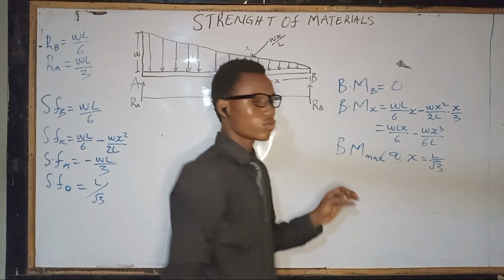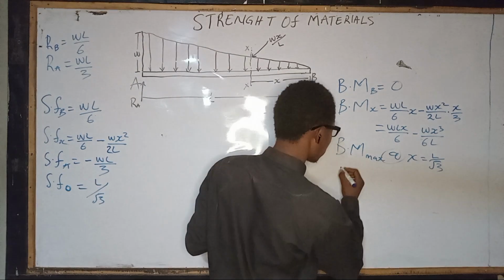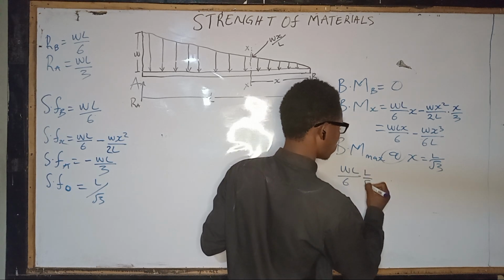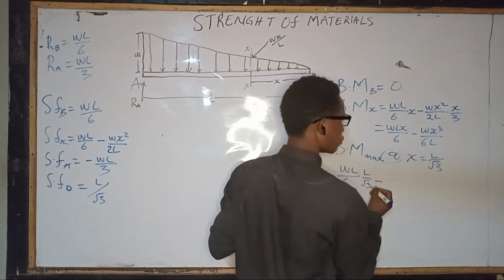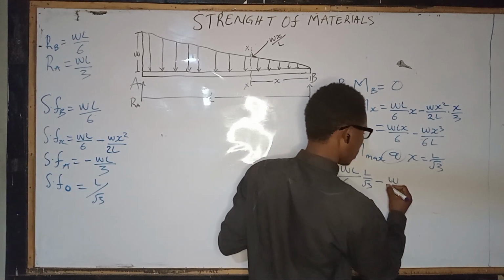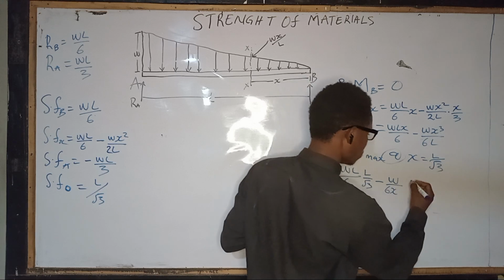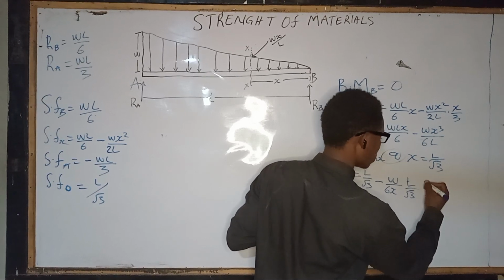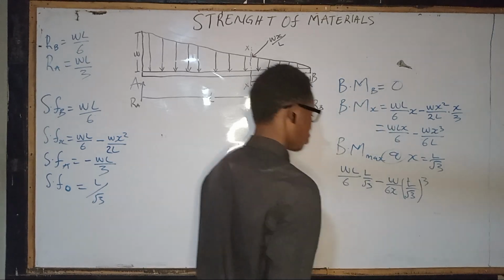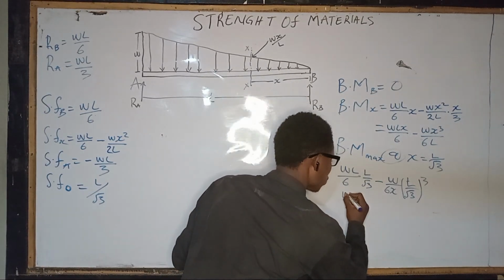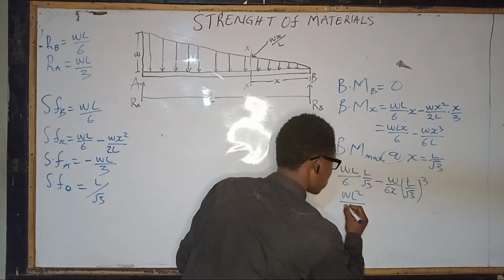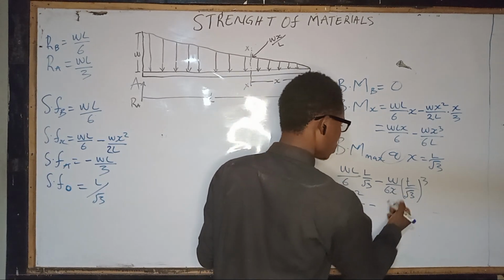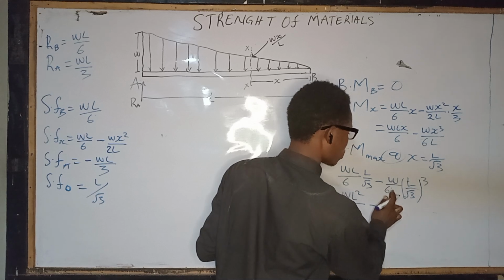That is, whenever we see x here, we put n over root 3. We will get wn over 6 times n over root 3, then we have minus w over 6n. We have x cube here, so it will be n over root 3, then we cube it. So if we continue, we have wn square over 6 root 3 minus, here this 6n, this is n